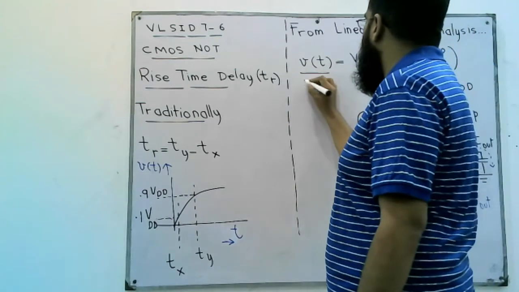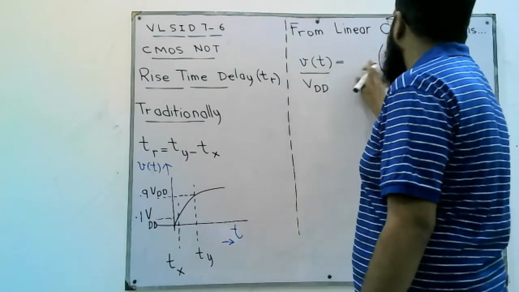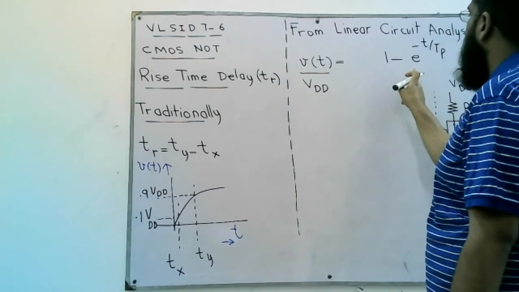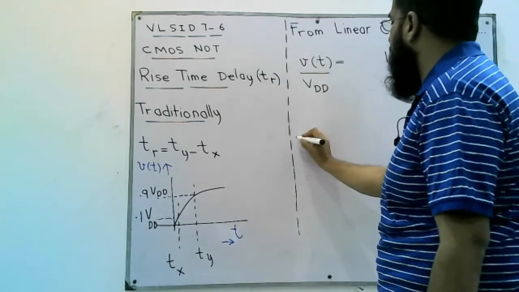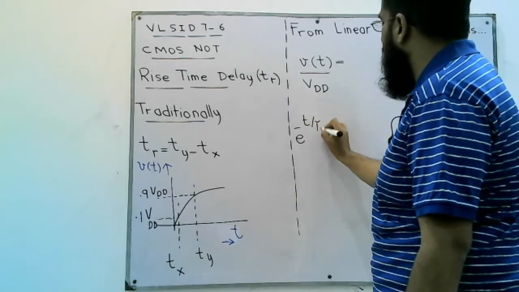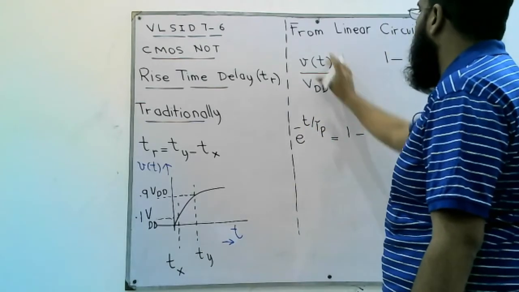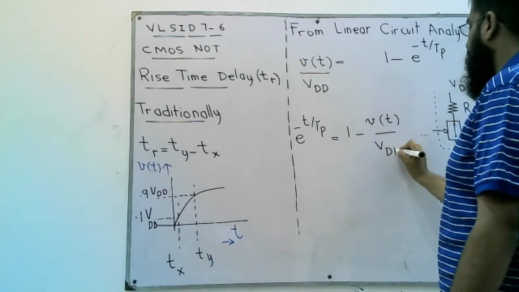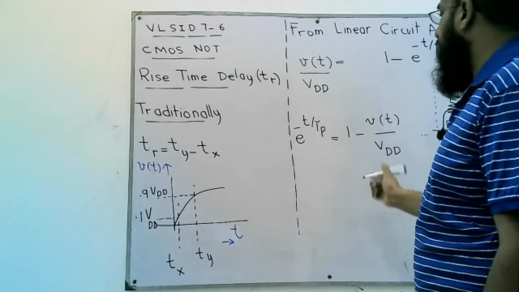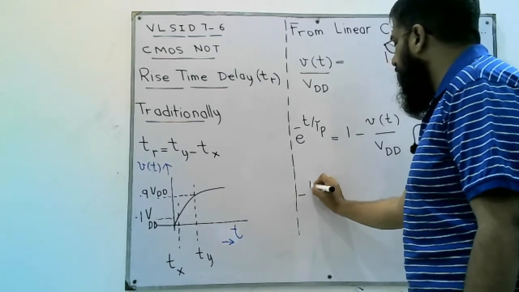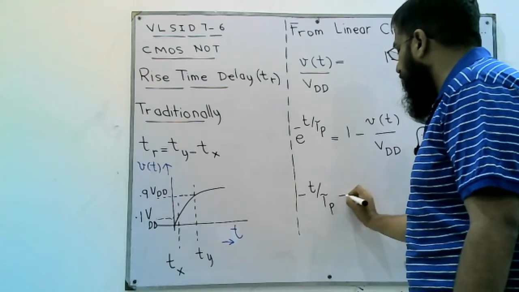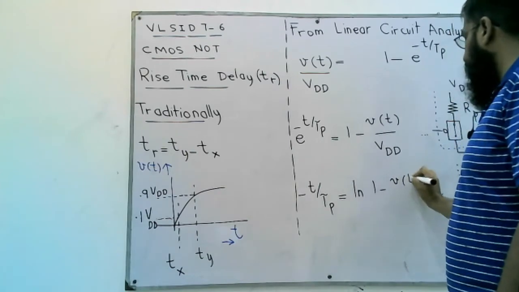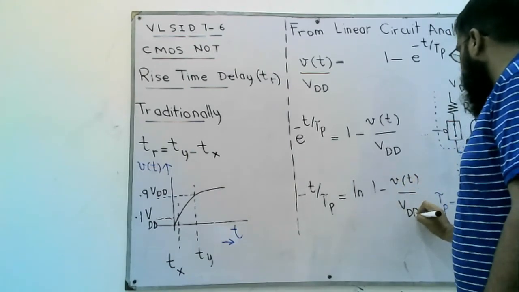We can proceed by dividing, and now we have 1 minus something here, so we can take e to the minus t over tau p on the left hand side is equal to 1 minus v of t over VDD on the right hand side. And then we can compute log on both sides, so minus t over tau p, because log cancels with this e, is log of 1 minus v of t over VDD,